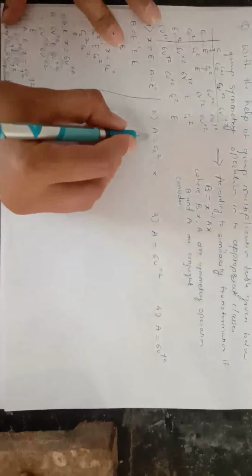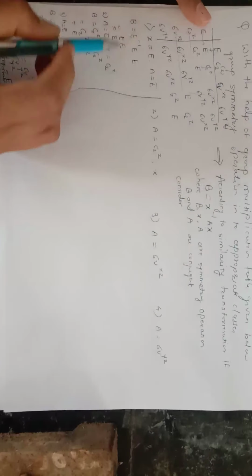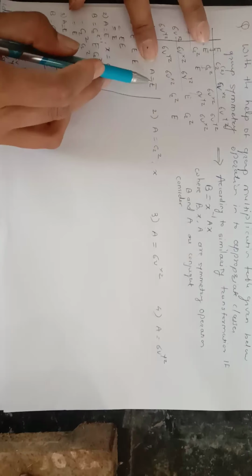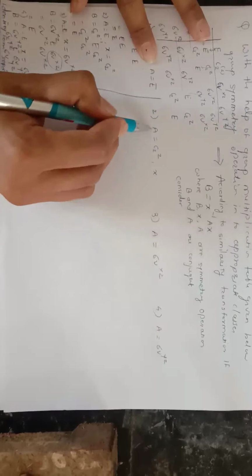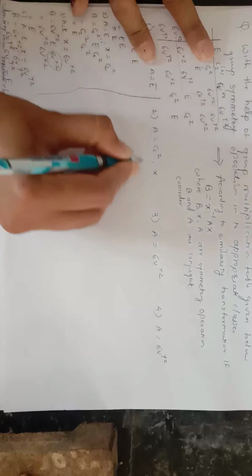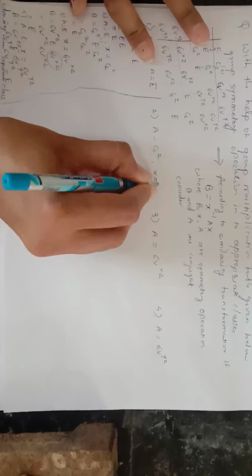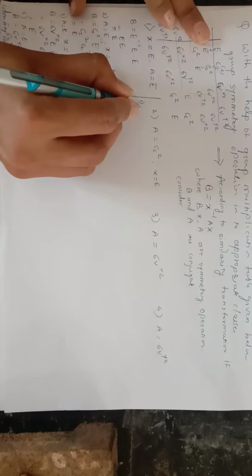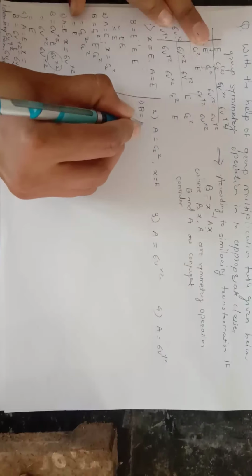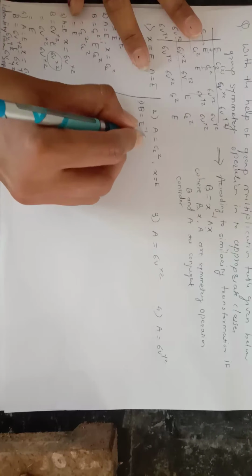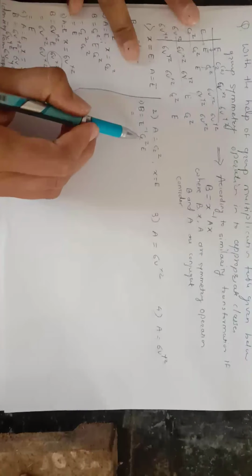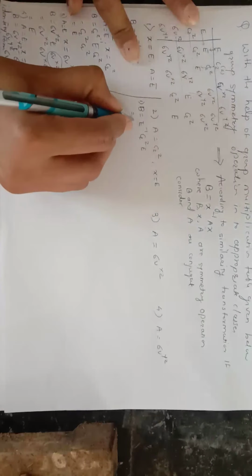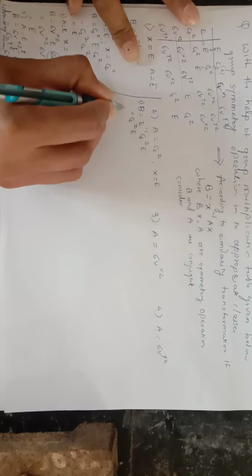Then next is A is equal to C2Z. In the first calculation the value of A is E; this is constant in all calculations. In the second, what is the value of A? C2Z. Then X is equal to E. You just put the values. B is equal to X inverse, which means E inverse. A is C2Z and X is E. That means E inverse into C2Z, which means C2Z and E.